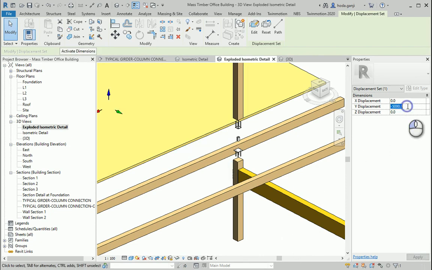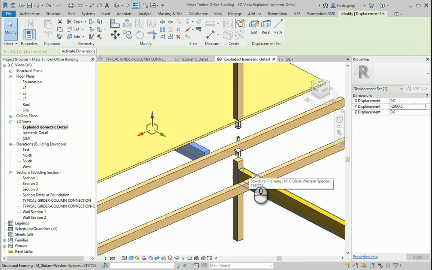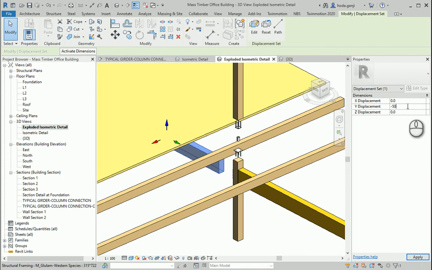It's too much. Negative 2,000. We're getting there. How about negative 1,000? Or even negative 500, only a little bit.